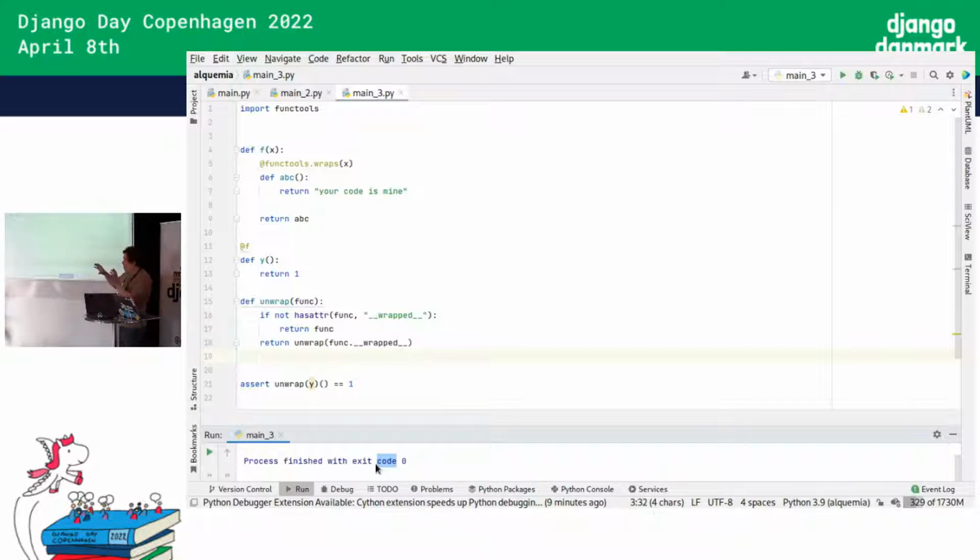I've created utils that are going to unwrap the function. Pay attention that it's a recursive function. The unwrap is going to kind of peel. It's going to remove all the layers that have been applied to the function that I would like to test. And then I'm able to unit test my function without creating a secondary function and without creating much mess in